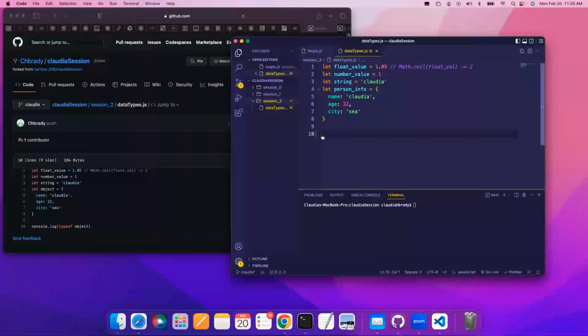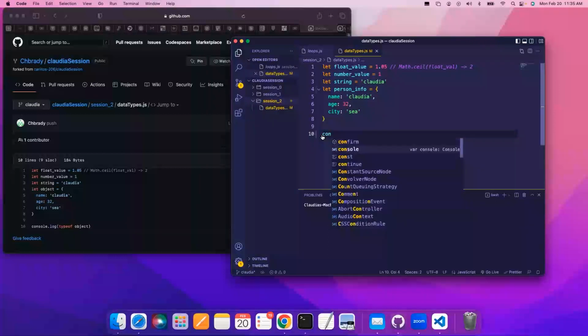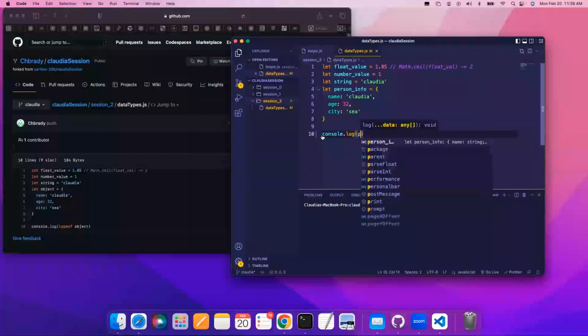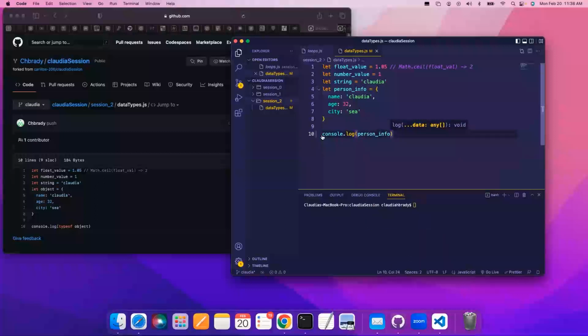You're gonna hear all three, depending on where you're reading and who's writing what you're reading, but ultimately they mean the exact same thing. So if you want to access the name on person info, you do person info dot name. And when we console log that,